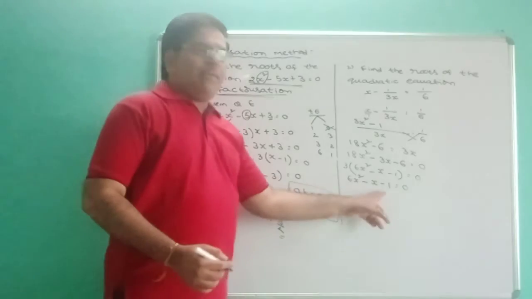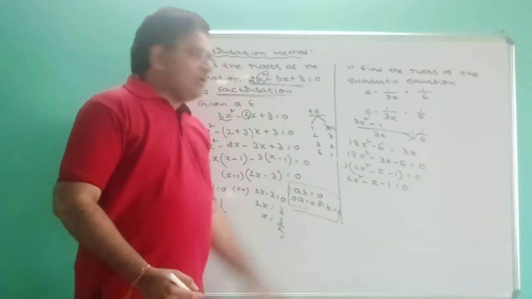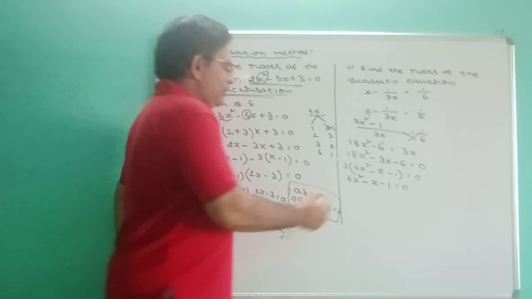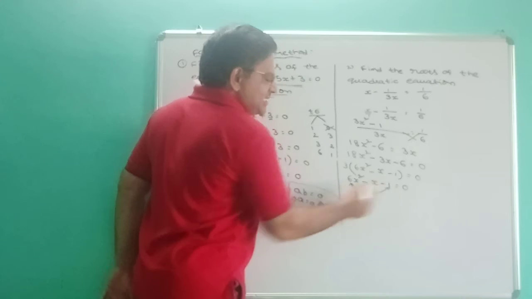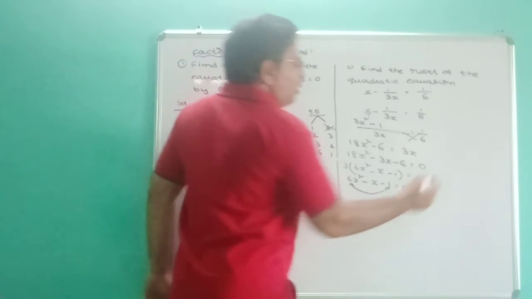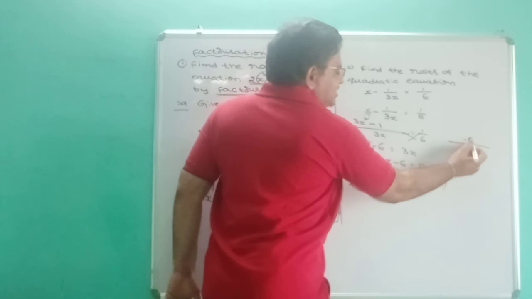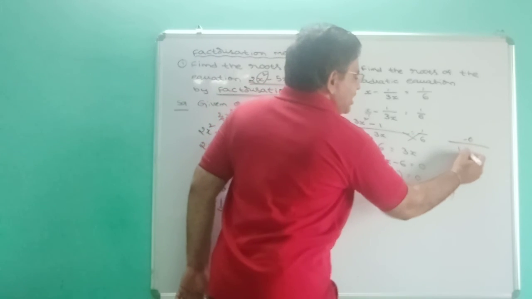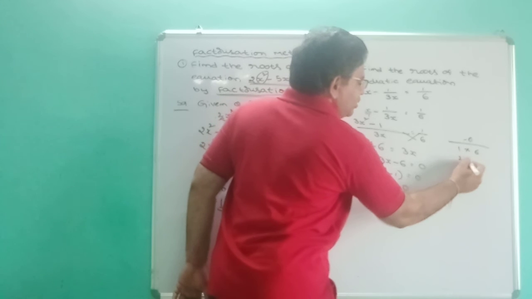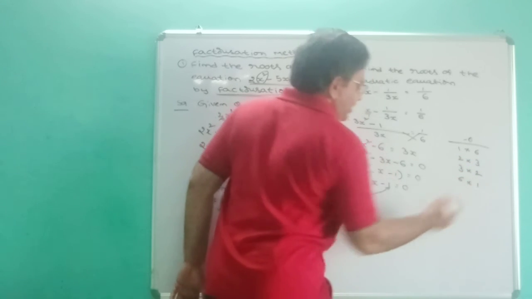Now it is in the form of a quadratic equation. Now the same process, if you apply as in the before problem model only. 6 and minus 1 multiply. 6 and minus 1, how much is this? Minus 6 you write. Now 6 factors as it is you write: 1 into 6, 2 into 3, 3 into 2, 6 into 1.